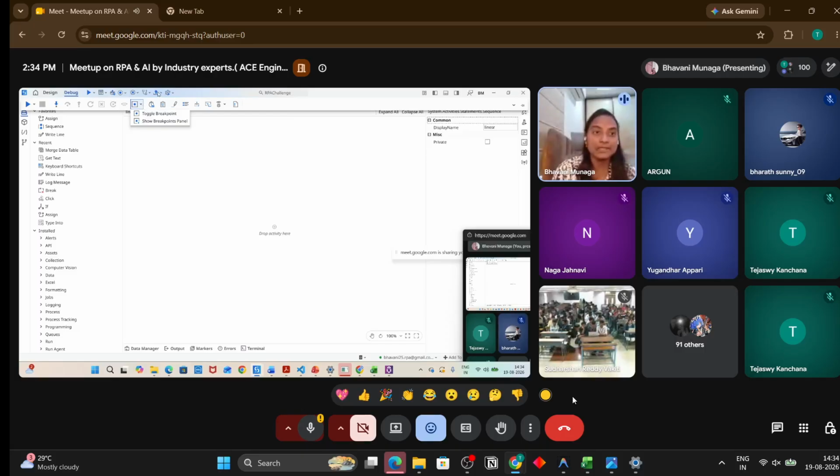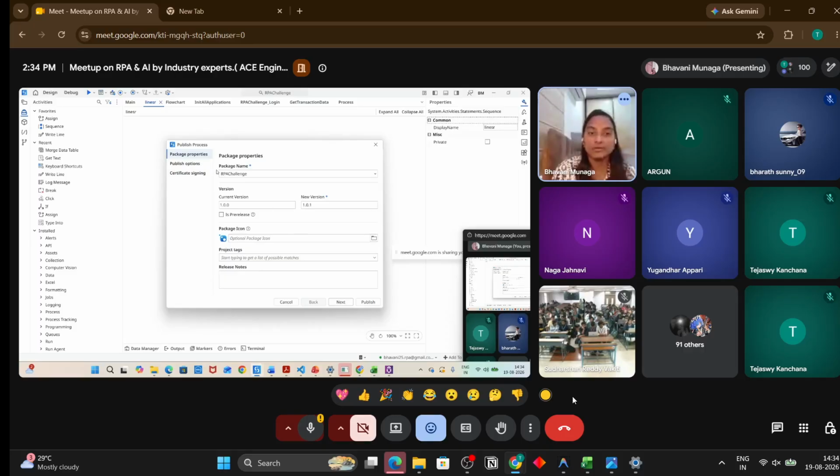And if you see the publish, once you click on publish, you have to give the package name, and once you click on next, it will ask for the tenant feed or the personal workspace feed.